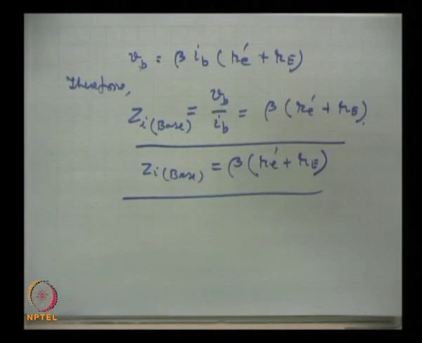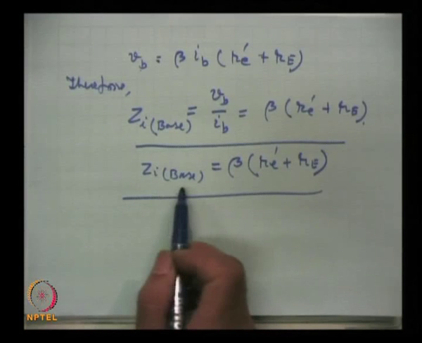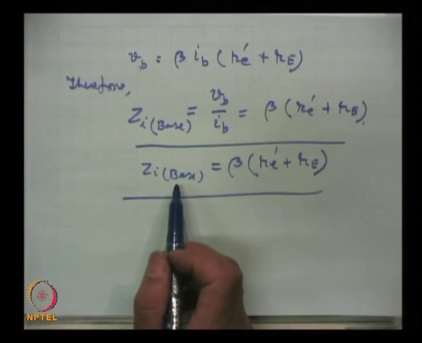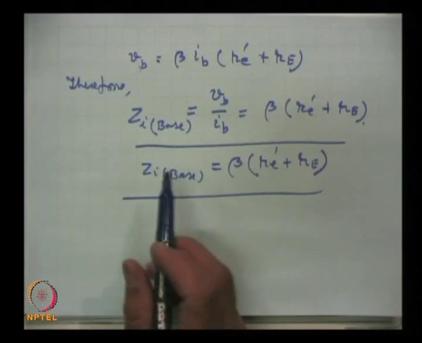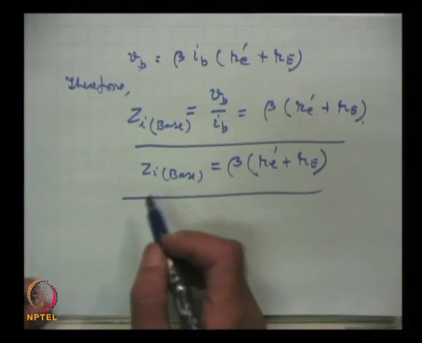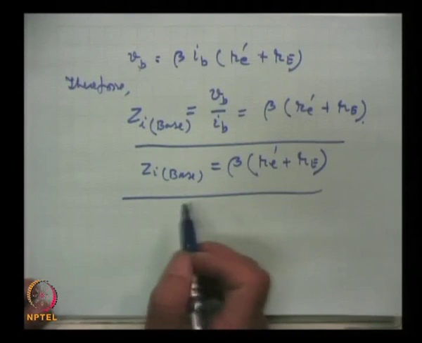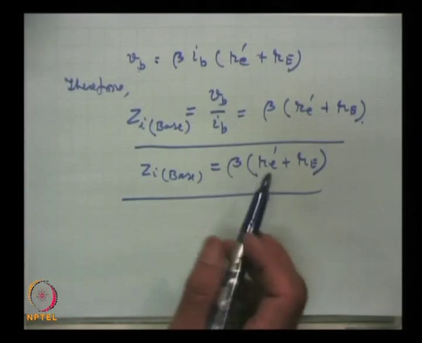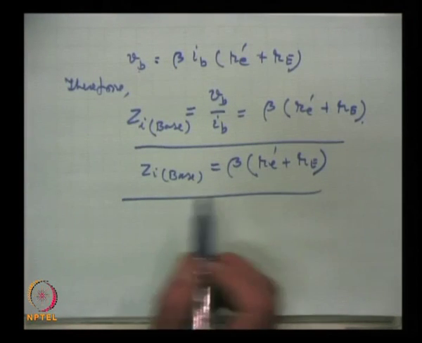Because two most important parameters for a voltage amplifier are the voltage amplification, that is voltage gain, and input impedance, and this is the relation for the base. Then of course, if we multiply, from here we can get what will be the impedance of the amplifier. But let us discuss this first.